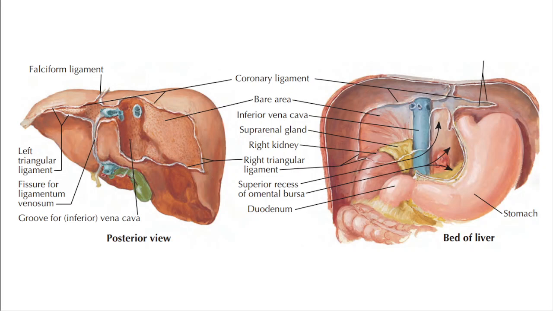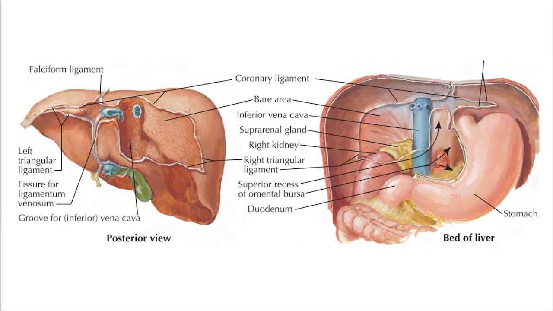I will be showing you that in further detail subsequently. Then we see that the left layer in the fissure for ligamentum venosum is continuous with the posterior part of left coronary, then the left triangular ligament, then the anterior layer of left coronary, and the anterior layer of left coronary is continuous with the left layer of the falciform ligament. So you should know this projection and continuation and tracing of these various layers of peritoneum forming the various ligaments on the posterior aspect of the liver. Here we see the anterior view after removing the liver.